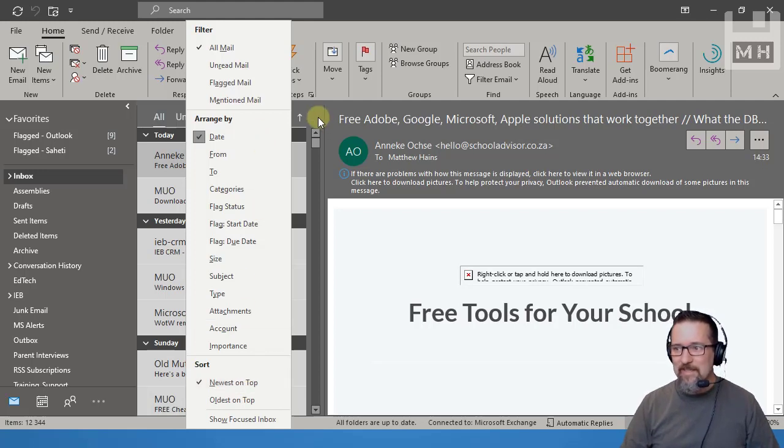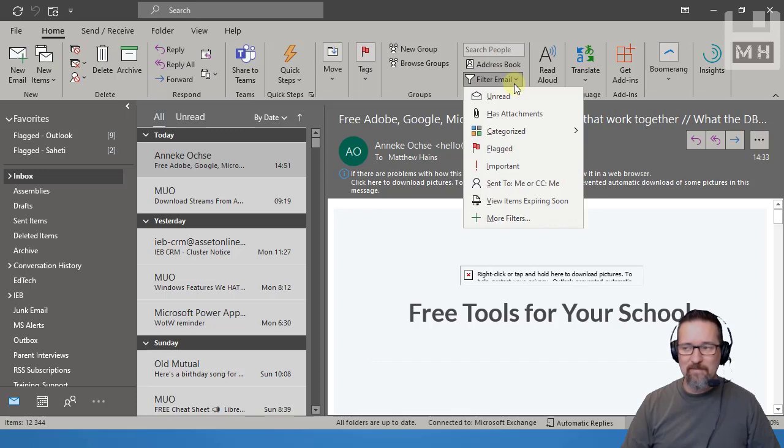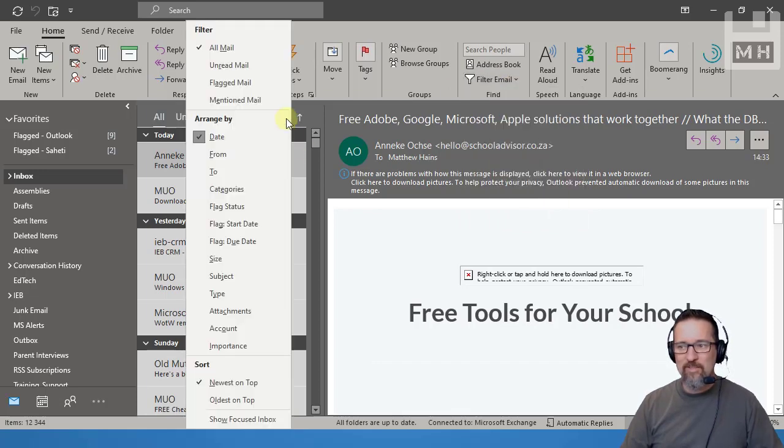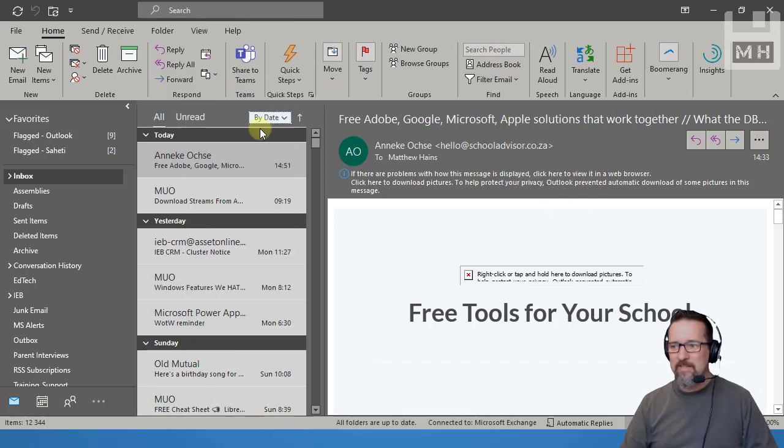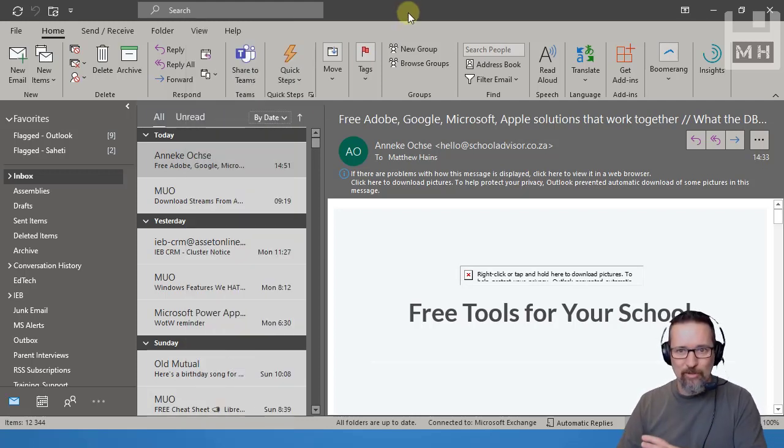So you can see here, guys, instead of going to home and doing a straight filter, I can also choose right at the top here, by date, and I can then choose all kinds of sorting and arranging and filtering all in one go. So that's where it is in Outlook. Okay, let's have a look in terms of